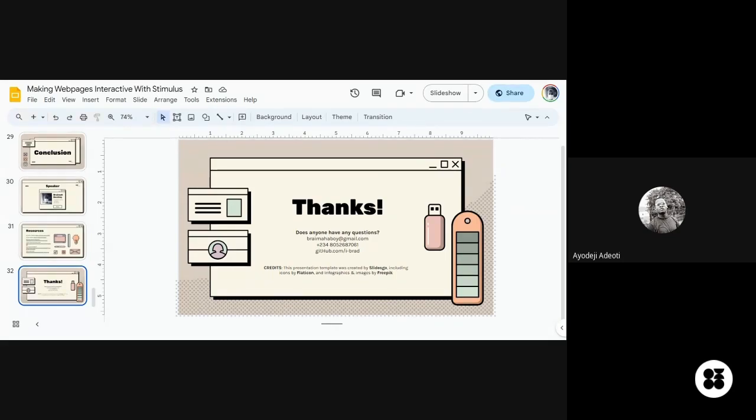Another great use case for Stimulus is when you are building a small application in the company and you don't want to set up a separate front end and a separate back end, or install so many libraries just to ensure your application works out of the box. If your back end supports server side rendering, using a framework like Django or Laravel or Nest.js, that's a very good use case for Stimulus. You don't have to deploy a separate front end. You just render it from the back end and then use Stimulus to make the web page interactive.